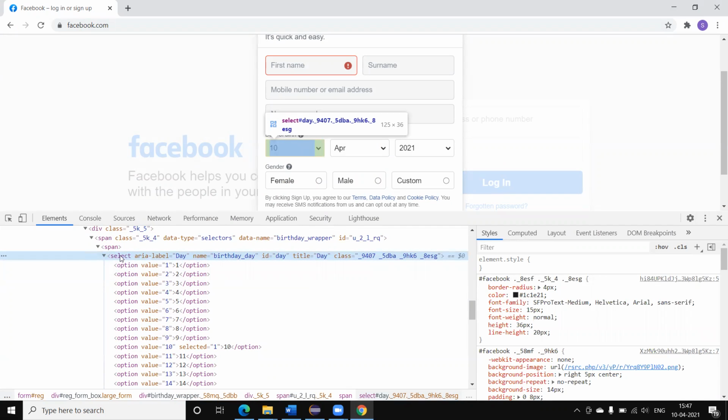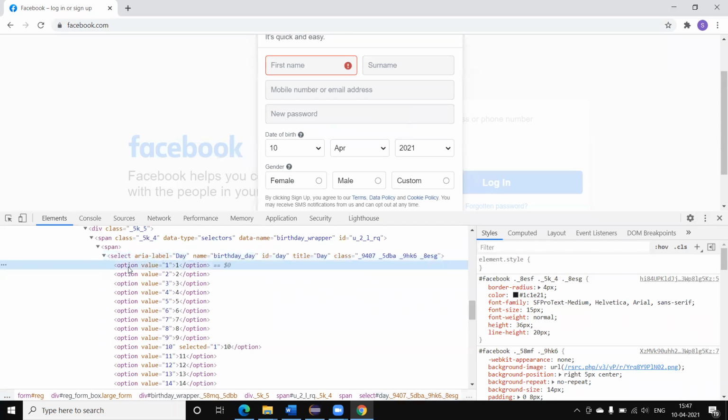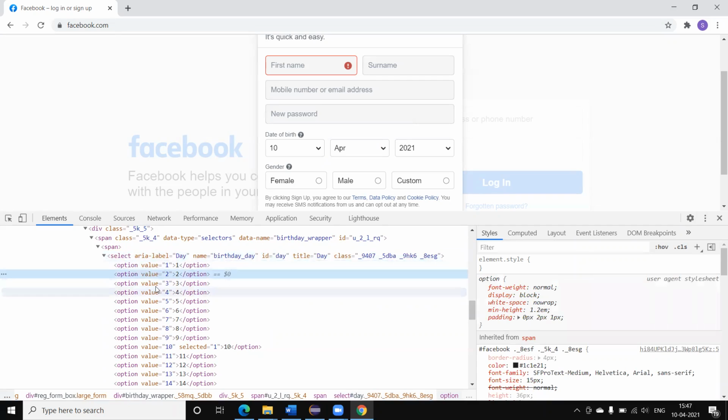If the drop down is a customized drop down, then these functions will not work. So make sure your drop down is created using the select HTML tag and the option values are coming under the option tag. If we pass the index, it selects the value at that index. Index means the first one is the first index, the second is the second, and so on.